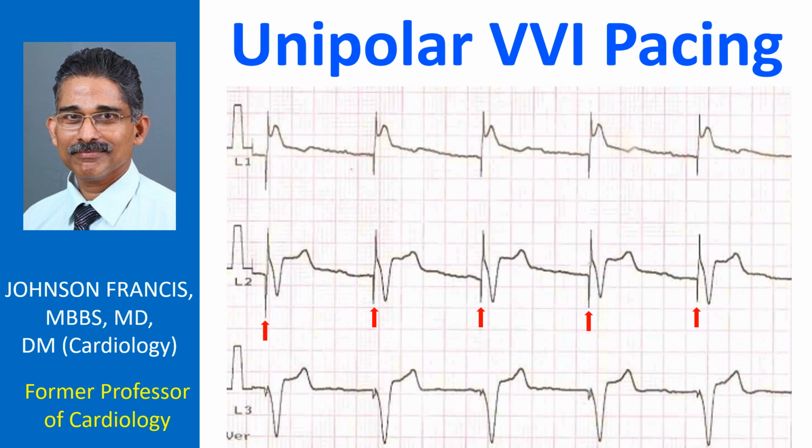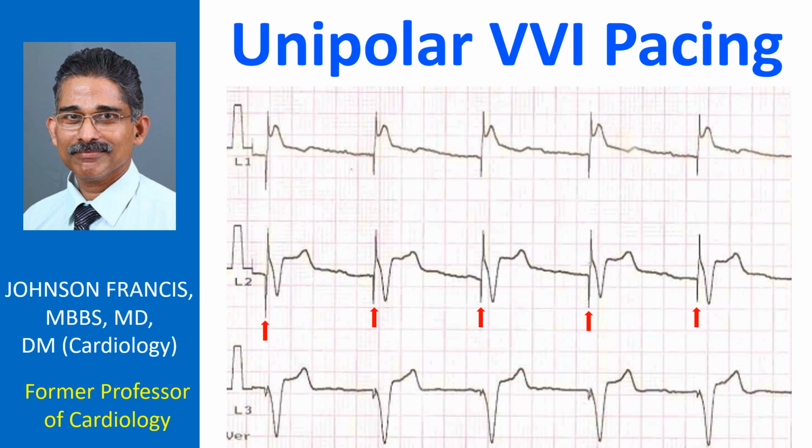The sharp vertical deflection preceding each QRS complex is the pacing spike or artifact. The ECG shows a large amplitude pacing spike indicating that the pacing mode is unipolar. In unipolar mode, the electrode at the tip of the pacing lead acts as the cathode and the pacemaker can